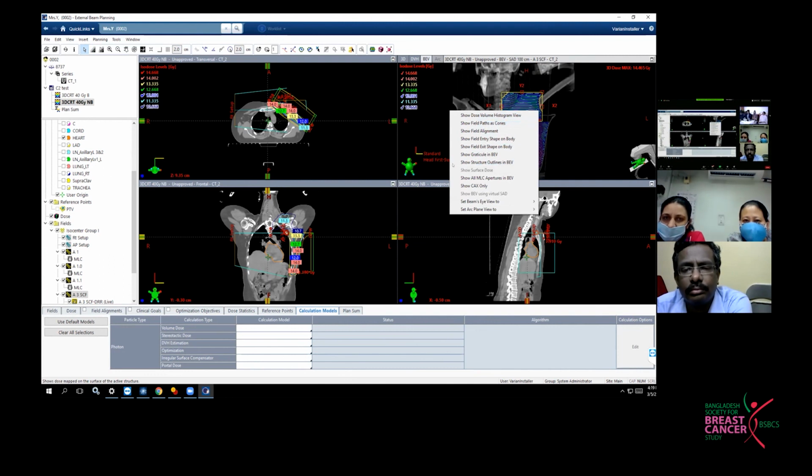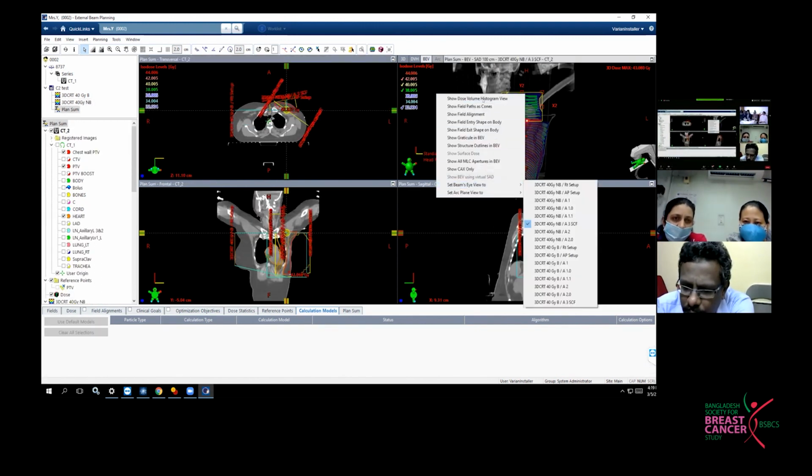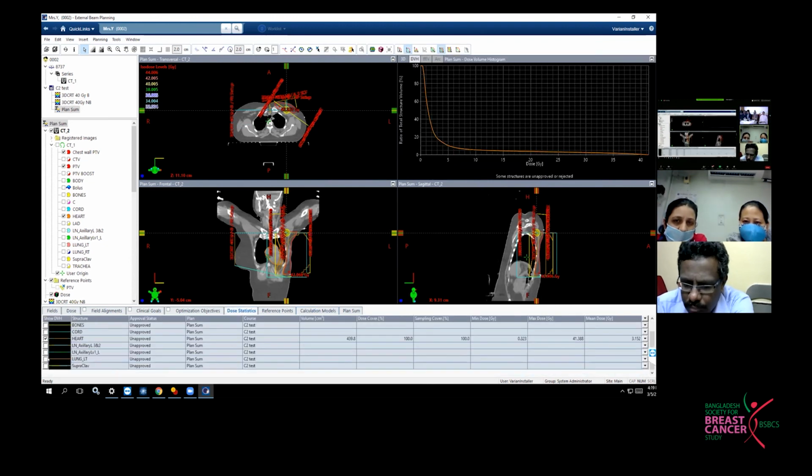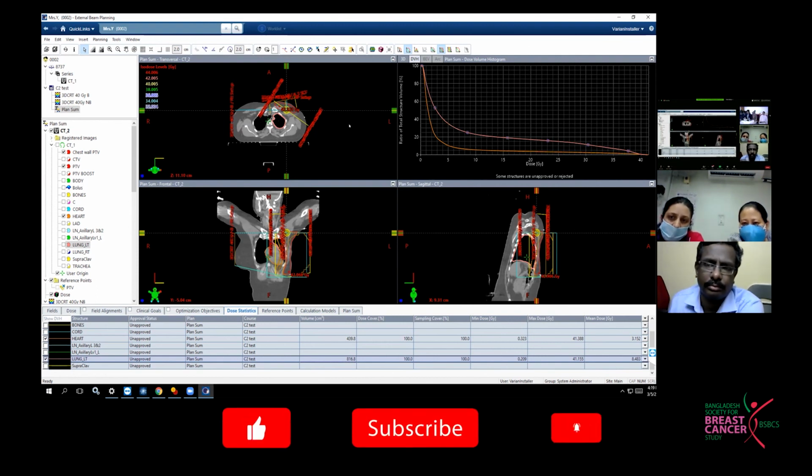Okay, and last question, for example, this case, how much lung dose would you like to accept? I mean, lung dose. Yes, how about the V20? Typically our V20 would be around 20 to 25% in cases of chest wall. So the limit of 30 to 35 is very, very liberal, and that should not be the case for planning breast cancer. We should be tighter, and I think restricting it to 25% would be reasonable. That too in a mastectomy case, we get a little higher V20.